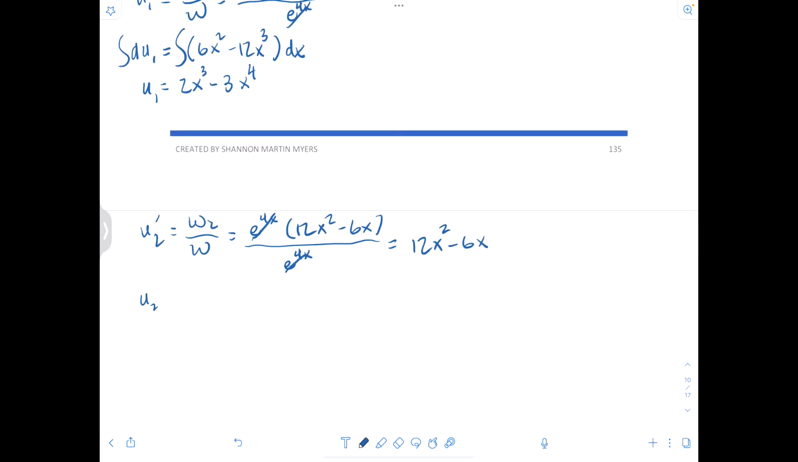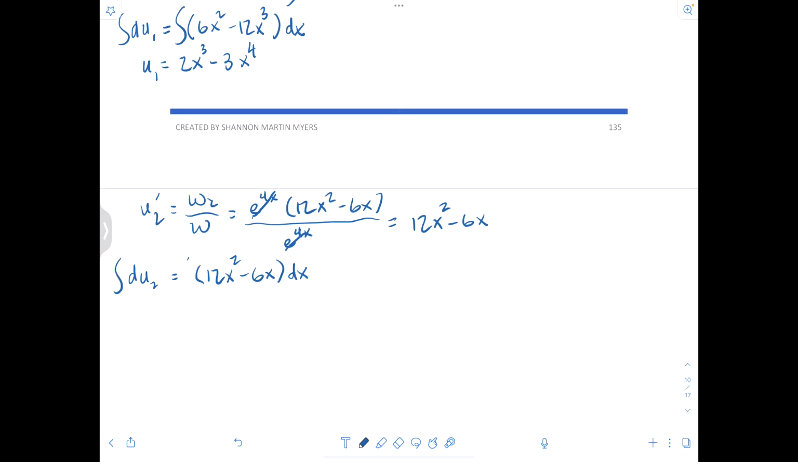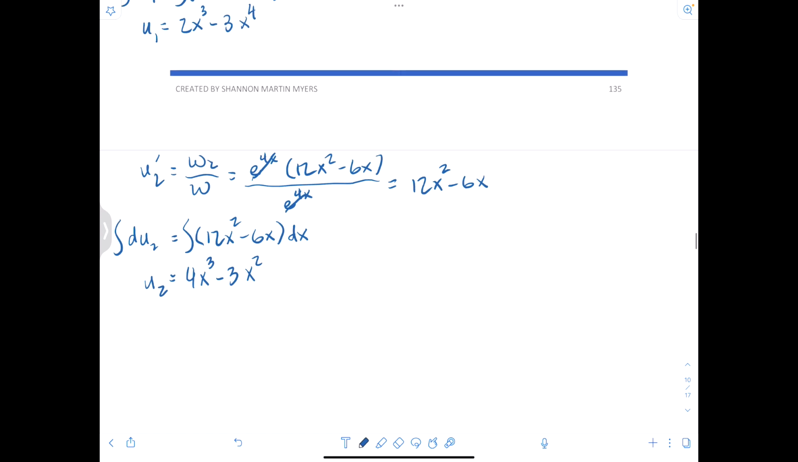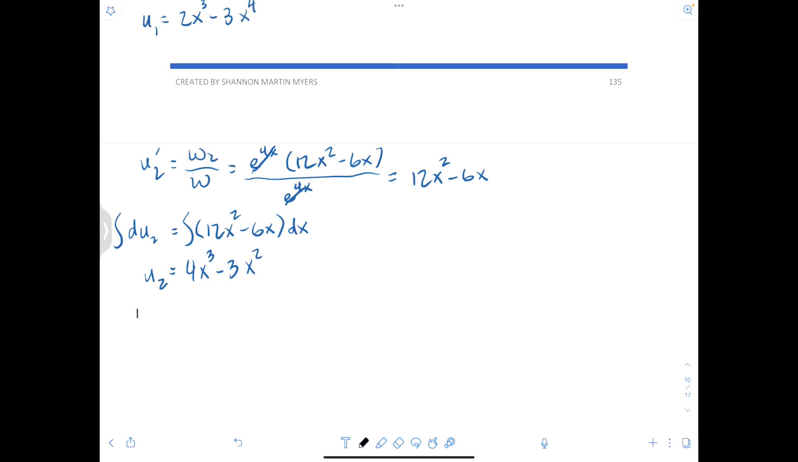And du2 equal to 12x squared minus 6x dx is going to be, when we integrate both sides, u2 will equal 12x cubed over 3, which is 4x cubed, and 6x squared over 2, which is minus 3x squared. Cool, cool? All right. So now, finding our particular,